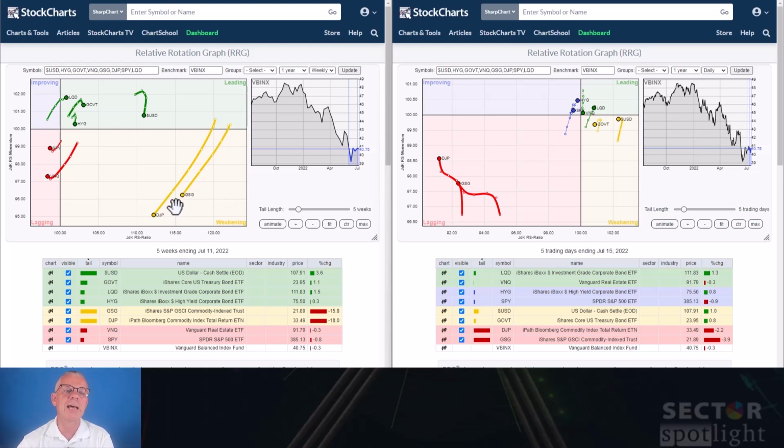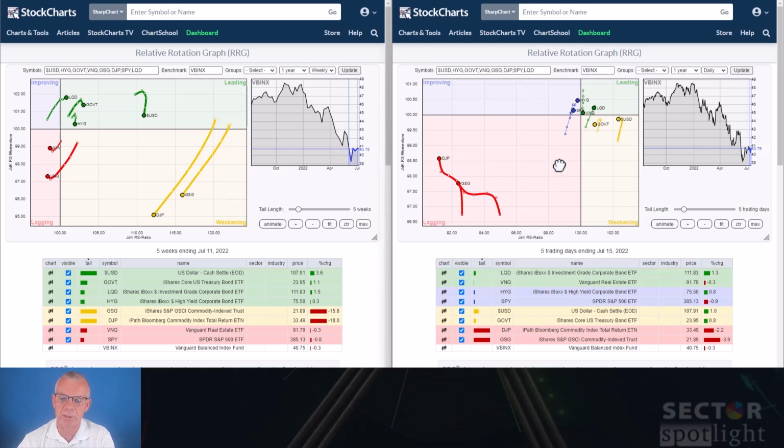What you can see is that the strength for both commodity asset classes is still very much present. GSG and DJP have the highest readings on the JDK RS-ratio scale still of all asset classes, but they are rotating through the weakening quadrant after a very strong rally and rotation from improving all the way through leading for a long period of time, and now coming down. And what we see on the daily is